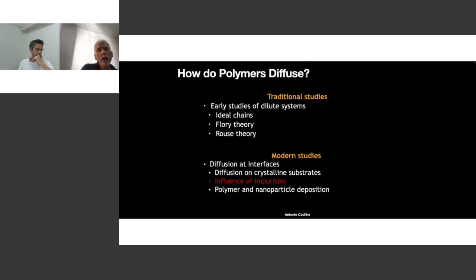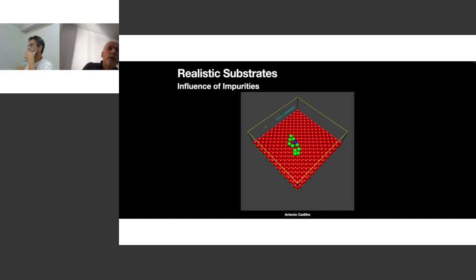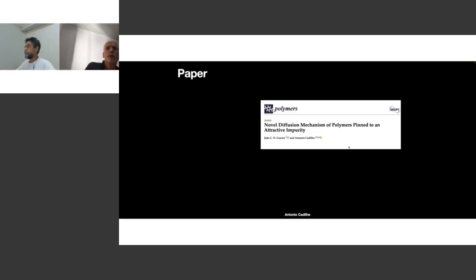Now I want to mention, because I will not have the time, that I can include and see the difference in how the polymer moves if a single impurity or nanoparticle is present. One sees that the polymer now does not move independently as before, and it is all the time attached to the impurity. Just to give an idea, and this work was just published not long ago,